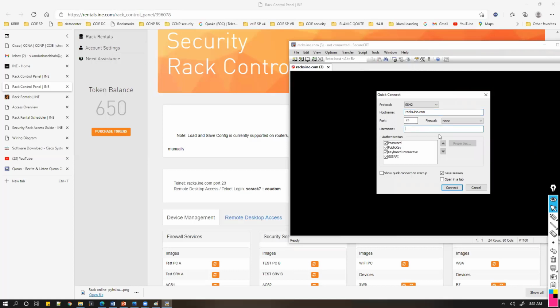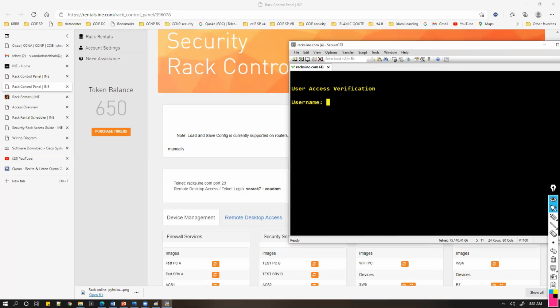Let me type in the username, scrack7. So it has to be telnet, that's what the port number is. So let's quickly connect. Now here you can enter the username and the password, which has been provided to you.